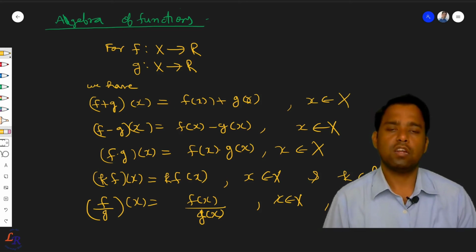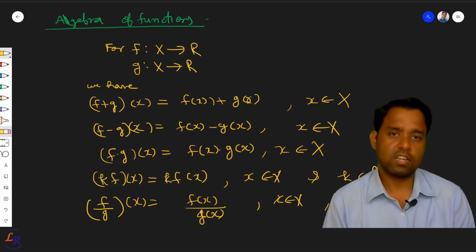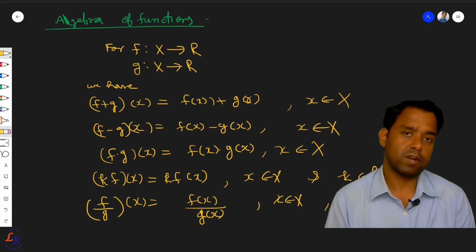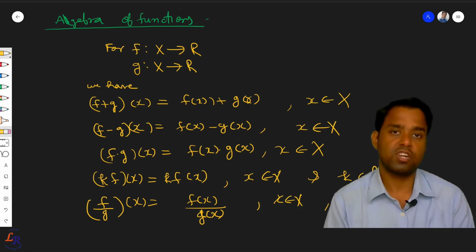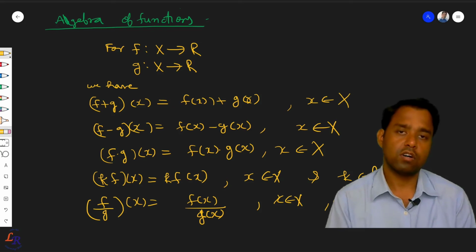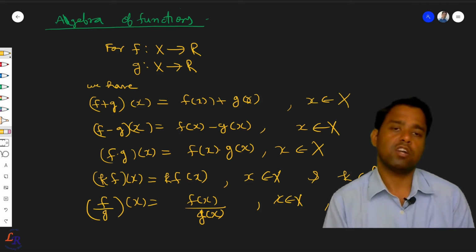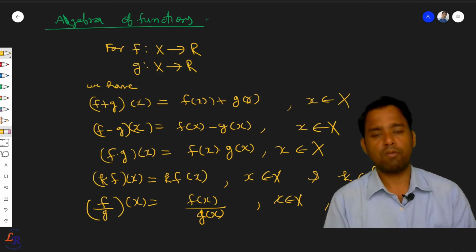So this is all some review of what you might have studied in your class 11 related to that, and some technical terms: how to represent what is set, what is subset, domain, range, and some basic definitions of relation and function, and some properties which you have seen in our previous lecture. So this is all about the introduction part.